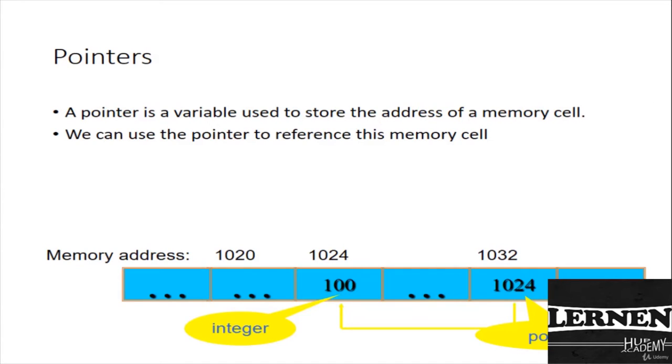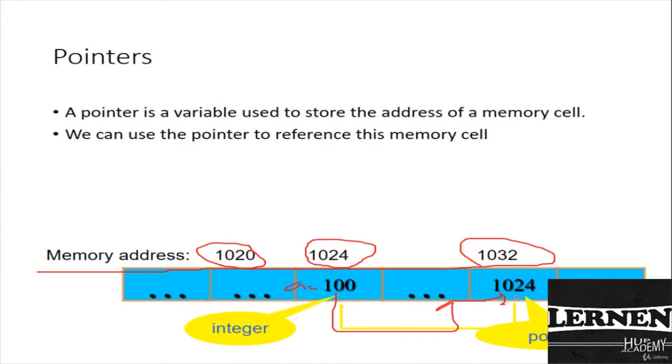Like we have the memory addresses, which are 1020, 1040 and 1032. Here we have the variable a, which is equal to 100, and this is our integer right here, and the address of that location is 1024. C++ pointers are easy and fun to learn. Some C++ tasks are performed more easily with pointers, and other C++ tasks such as dynamic memory allocation cannot be